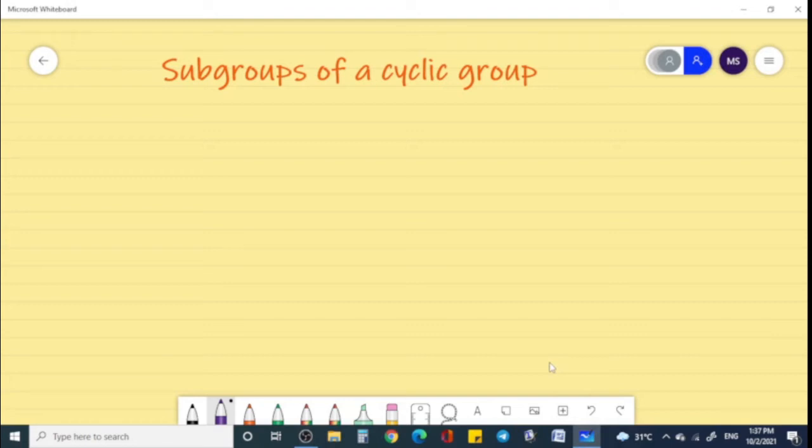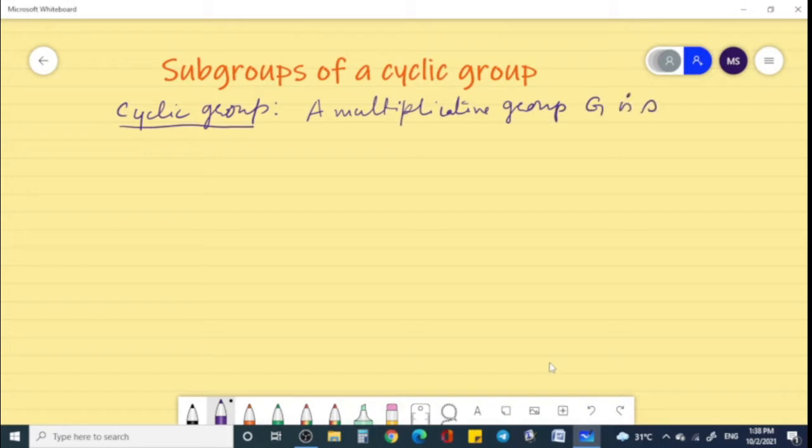Hello everyone. The topic of this lecture is subgroup of a cyclic group. So first we define a cyclic group. A multiplicative group G is said to be cyclic if for any x belongs to G, there exists an element a belongs to G